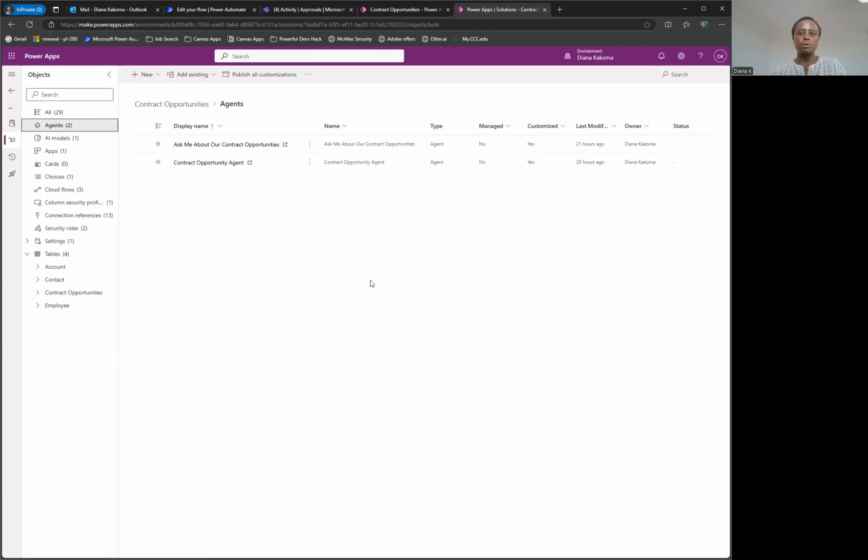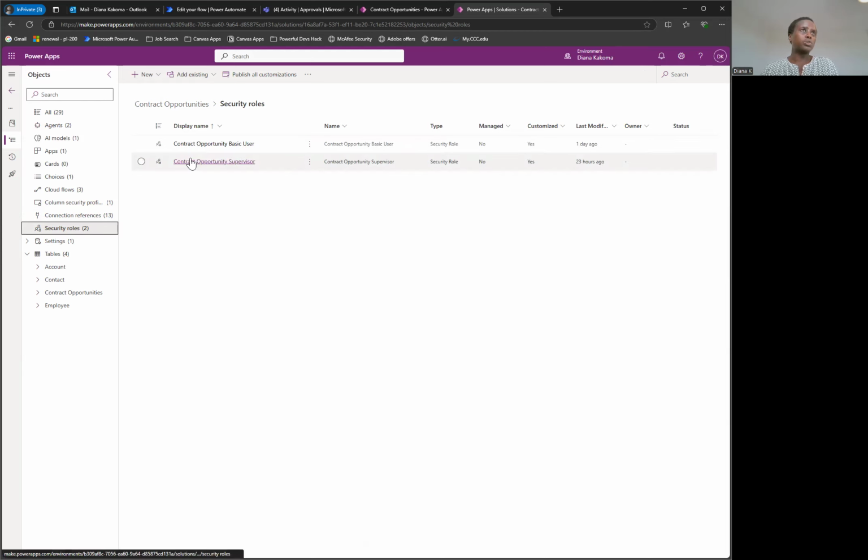And so I just wanted to, finally show you the solution that I am in. And so it has 2 agents. It has an AI model, which is what is within the flow to extract information. The app is there. We have a security profile. In the app, only somebody who's designated as a supervisor can change who the proposal is assigned to. And so that's what the security profile makes possible. But there are also 2 regular security roles. One is the supervisor, one is the basic user. And it is the supervisor only that can make changes to the column of who is assigned to address a particular, or respond to a particular